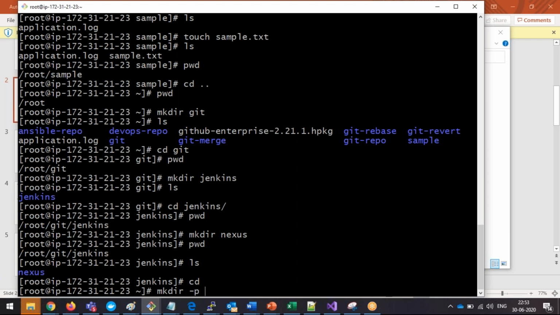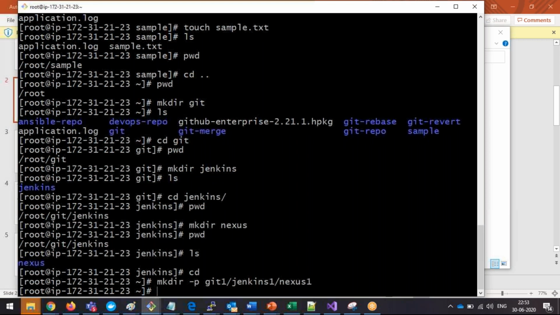You can mention the path. Now what is your path? git1. Inside the git1 I want to have a jenkins1. Inside the jenkins1 I want to have a nexus1. Forward slash the path. Now this is the structure I am looking for. So now your system will take care of the creation of structures. Now enter. Now ls